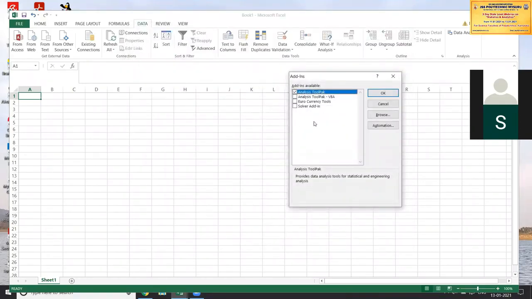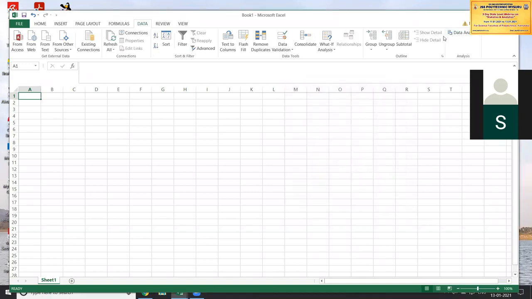Here you will get the toolbox. Enable the Analysis ToolPak and say OK. Your data analysis will be installed. This is the most important thing to perform all 14 programs as per the syllabus, so the data analysis toolbar should be enabled.